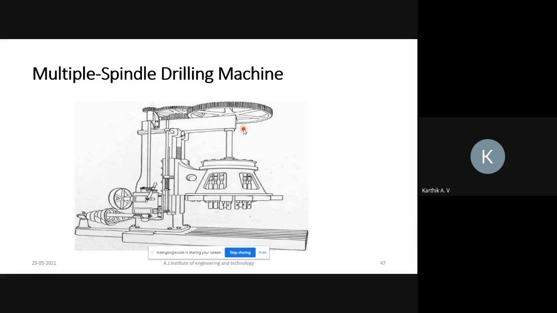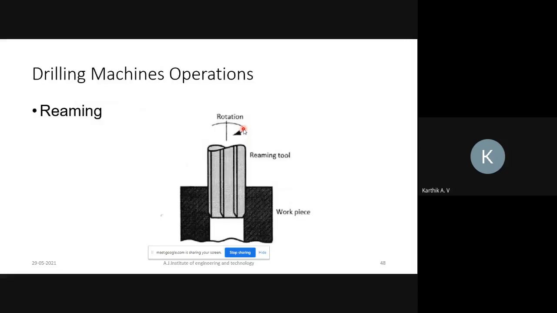Okay, so next, different drilling operations. Several operations are there under the drilling machine. One is the reaming operation.